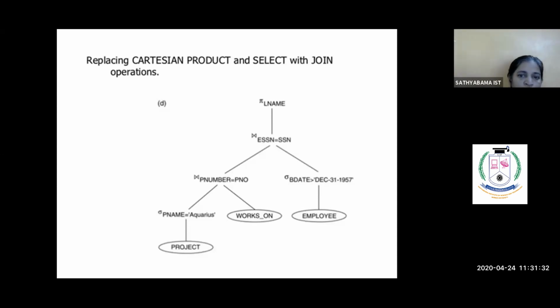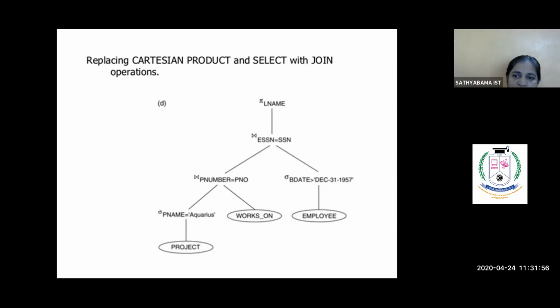So from works on table, that project number, and the project table, that particular project number should be matched. Only those relevant records alone will be fetched by using join operation. Here redundancy will not be there. Every row would be unique. You will be having all the attributes of both the tables.